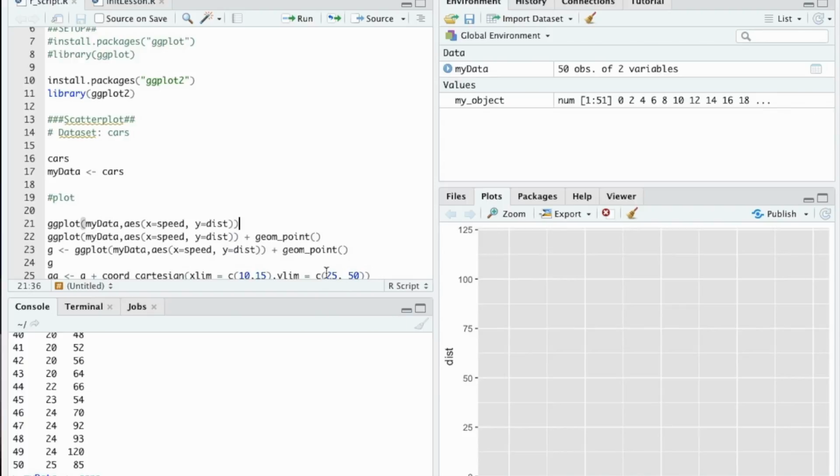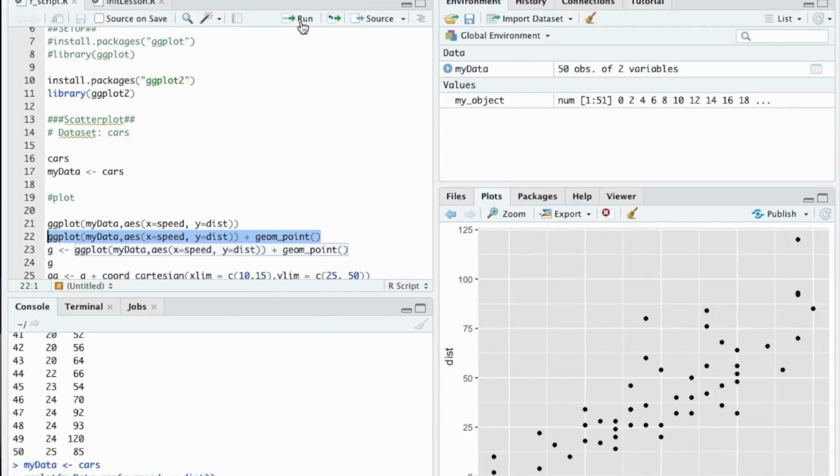and now we can use geom_point for a scatter plot. These are basically scatter plots, as people say. Let me run this. Now you can see these plots here. It's been plotted. You can see on the y-axis we have distance, on the x-axis we have speed. All these data points are plotted here, and